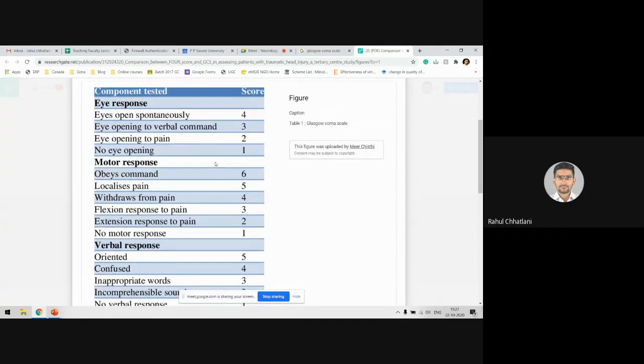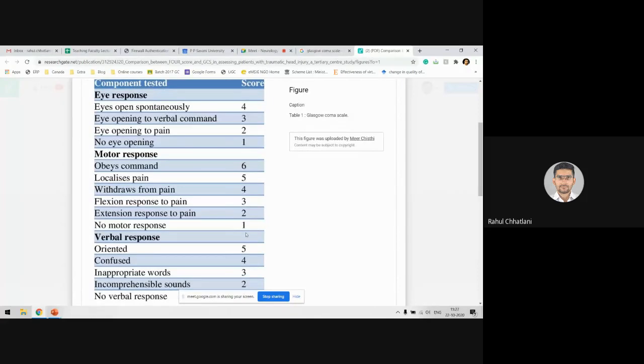This is the total Glasgow Coma scale. Total score you can see 4, 5 and 6, so the maximum score is 15. 15 is normal. If I tell you to open your eyes, you will be able to do it, and you will also do it spontaneously without my command. Also, you will do the motor response, that is you obey my command. Whenever I ask you to stand up or make a fist, you are able to do it, so your response will be 6. And verbal response, if I ask you to communicate with me, you respond back to me, so that is also normal. So the maximum score is 4 plus 6 plus 5, that is 15.